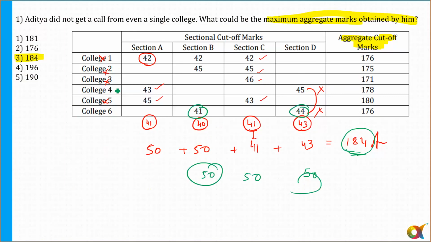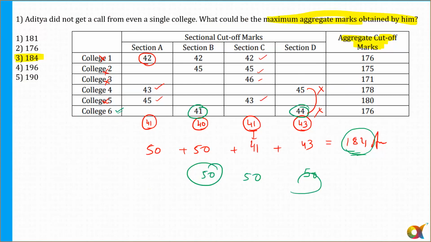It means I'm getting a call from college 6, na? In section B, if I'm getting 50, section D also I'm getting 50, so it means I can get a call from college 6. Is that clear, Madhur? So that is not possible at all. Any doubts to anyone? Now for the college like college 1, section D is not a criteria and other things. Okay, it's not given. So let's move to the next question.